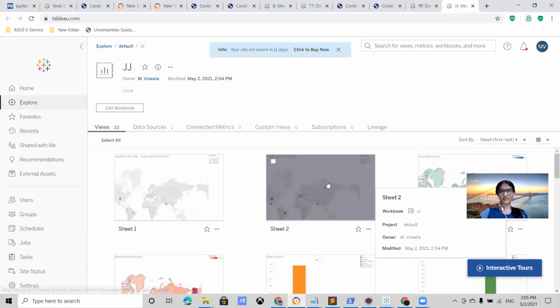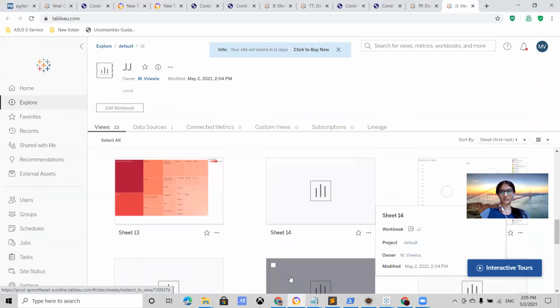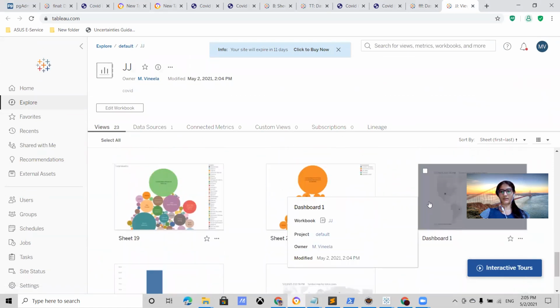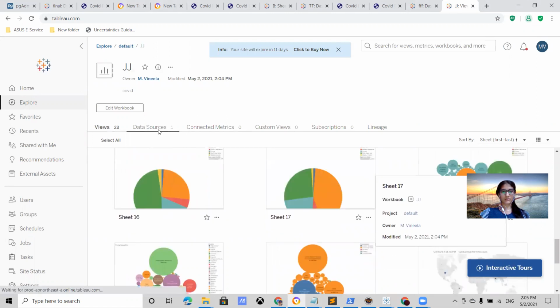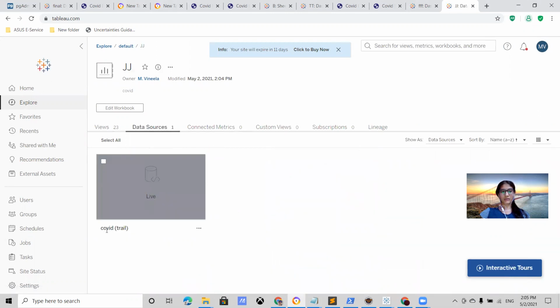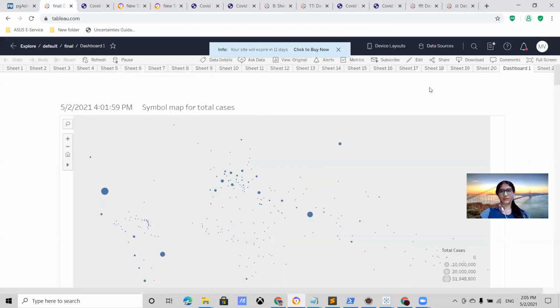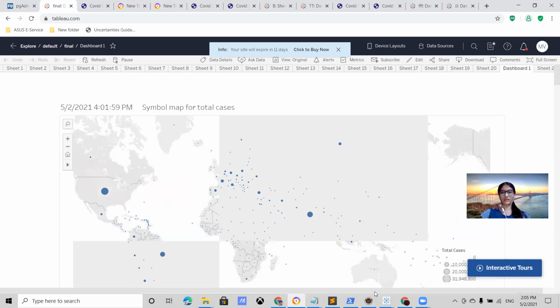So this is the one which I have created now and published. We are able to see that. This is already the previous one. In the data sources, the database is trial and COVID is the table name. Connection is live. So we are using this one in order to get the data from here, and we are using this to put it in our website.